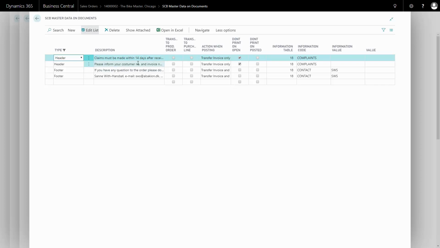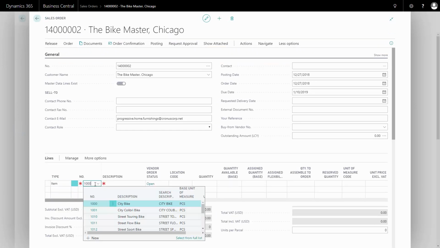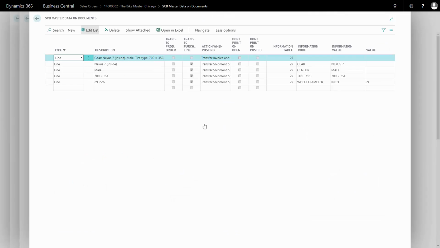There's another video explaining how this works in detail. The point is that this is now English depending on the customer language code. Likewise, if I enter an item number on the line like this, it would have inserted on my line some master data information, and also make that information for all lines, and it's also language specific. So these are built to be able to print on the documents to ship to the customer, or to take up information about the order from the customer.